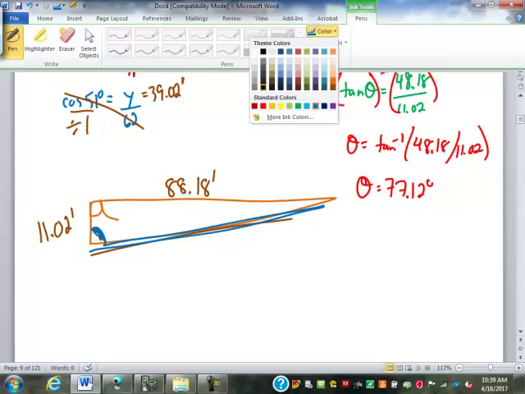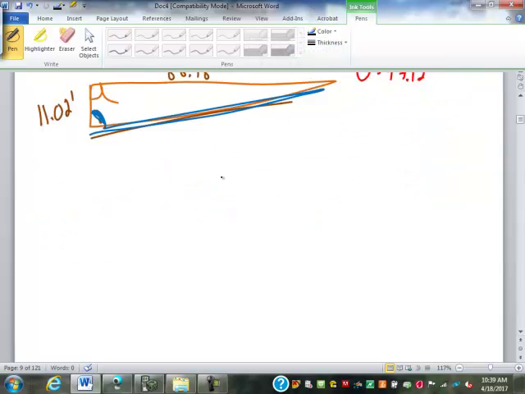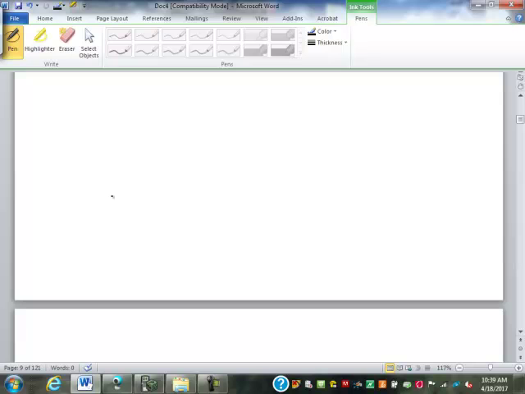Okay. What I want you guys to do is try a little bit different one of these. I'm going to set this one up a little simpler, with simpler numbers for you. Here's our street, right here. We're going to set up right on the edge of the street, right on the curb, sighting down the curb. So we've got our straight line here down the curb of the street. From our theodolite, which is right here,